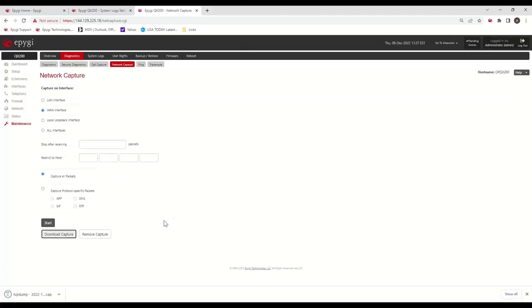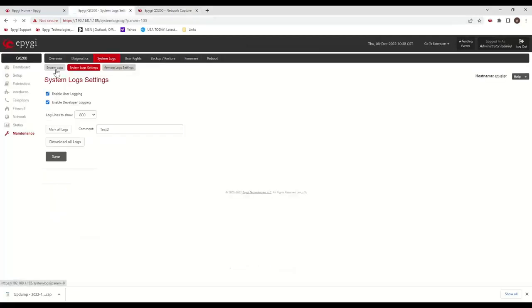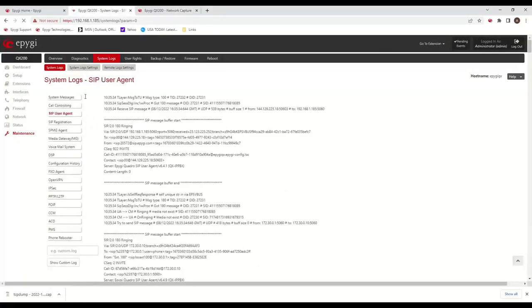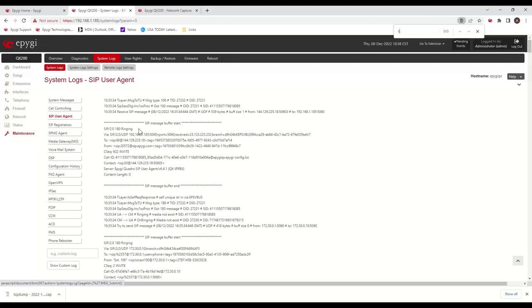So this is a packet capture of that call, everything going across that WAN interface at the far end device. Okay, so we downloaded it. But let's look at our logs for the local office. This is the originating QX200. So if we search for test2,